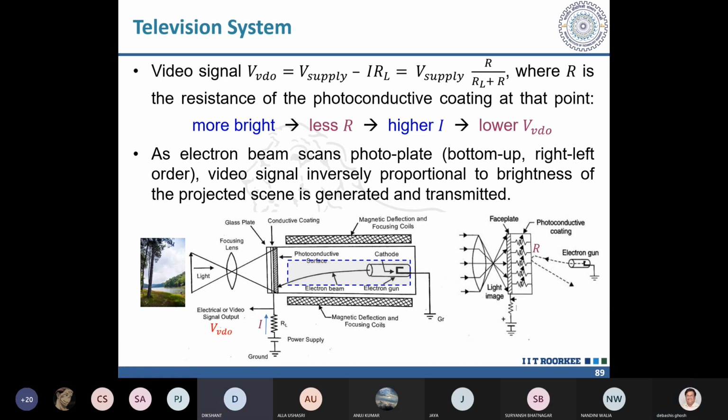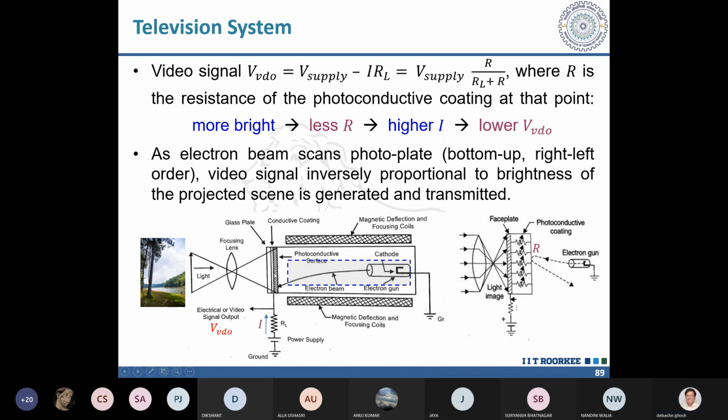No, sir, I am asking how we are measuring the coordinate of that resistor, because only then will the signal be processed. We are not going to measure the coordinate and all these things. The video signal will be generated continuously. Now this electron gun will be continuously scanning this square, somewhat like a square photon surface.